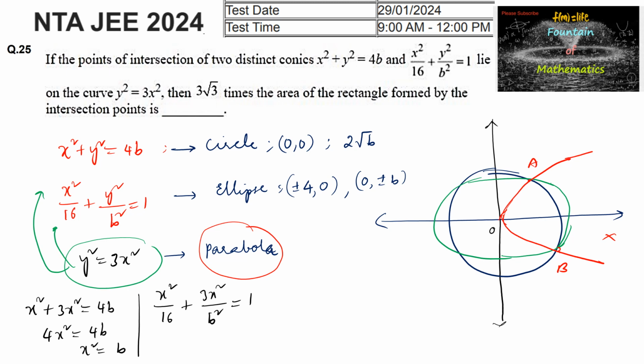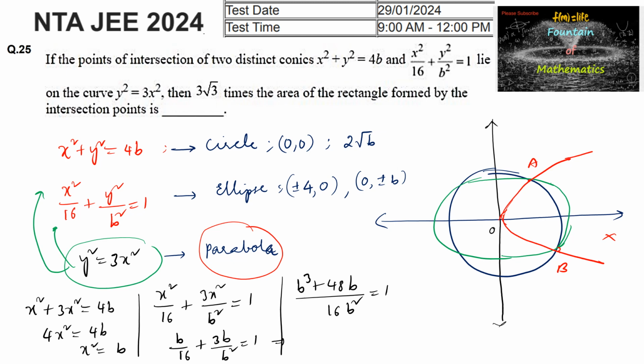So we can write here, when x square is equal to b, so b upon 16 plus 3b upon b square is equal to 1. So we can simplify and write here b to the power of 3 plus 16 3s are 48b upon 16b square is equal to